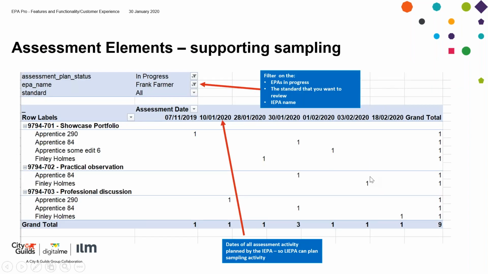Okay, I'm going to pause there. There's a lot of information, I appreciate, but the rationale for doing this is that at low volume, we don't envisage managing the work and the priority of the work on the portal is going to be a problem. If you have 1s and 2s, it's not a problem. As it starts to creep up between 7 and 8, you may want to use this report to help you understand the priority of your workload and to plan your sampling.